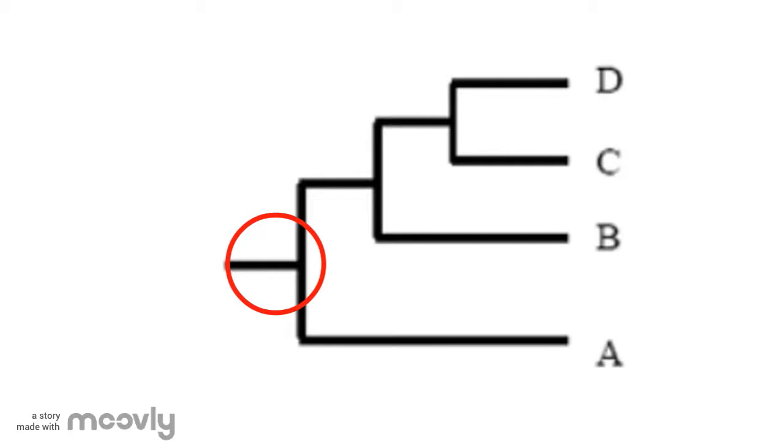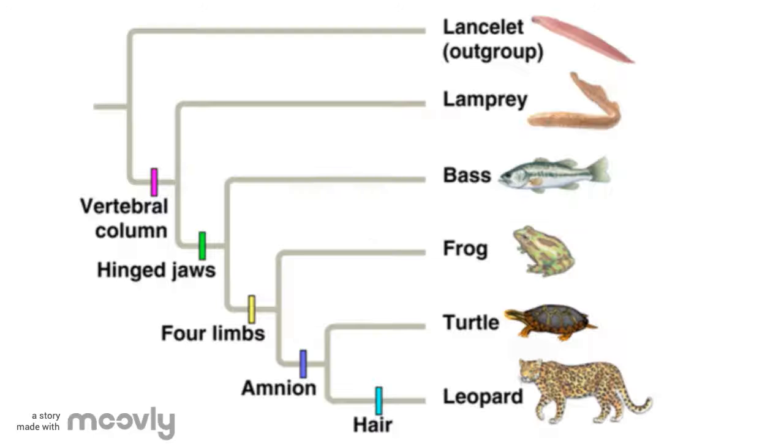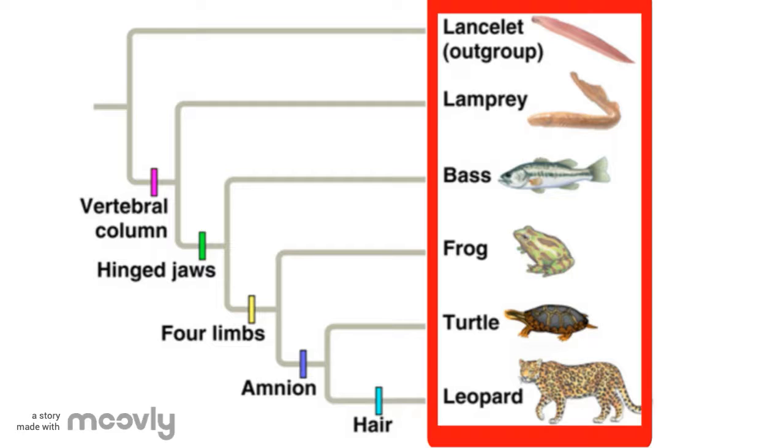The root represents the common ancestor of the life forms in the tree. A rooted tree also shows the accurate distances between OTUs and the order that each organism diverged as compared to the outgroup. You may now be asking, what is an OTU? OTU stands for Operational Taxonomic Units, and they are the individuals being studied in the phylogenetic tree.